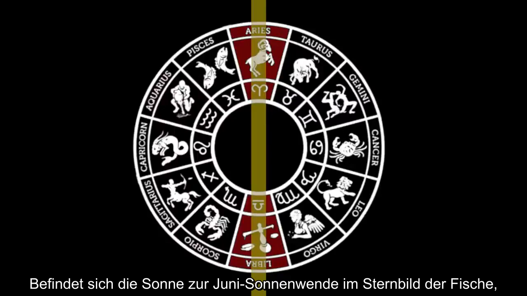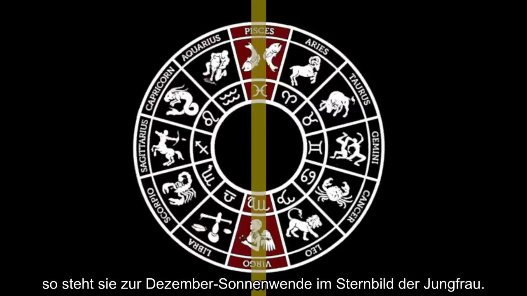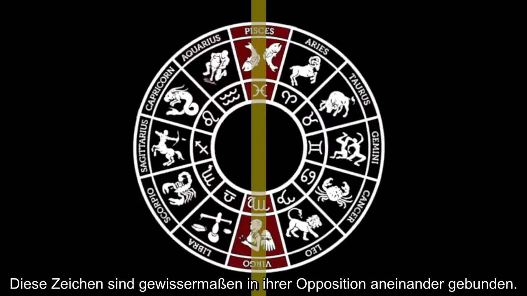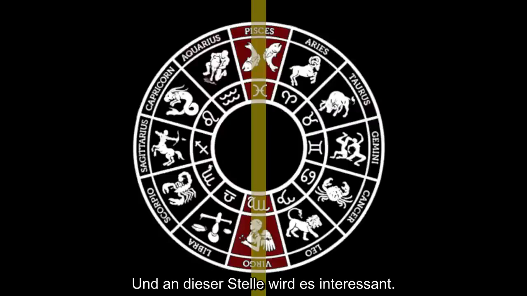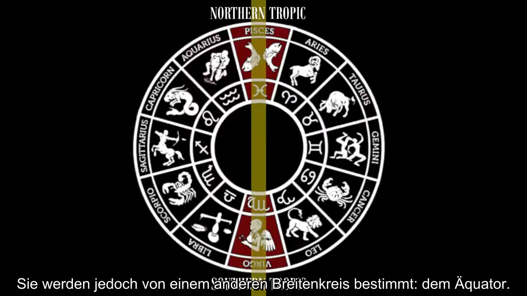If the sun was in the constellation of Pisces at the June solstice, then it will be in the constellation of Virgo during the December solstice. These signs are, in a sense, bound in their opposition to one another. And this is where it becomes interesting. The vertical line here represents the tropic circles and their respective constellations during the solstices, but they are governed by